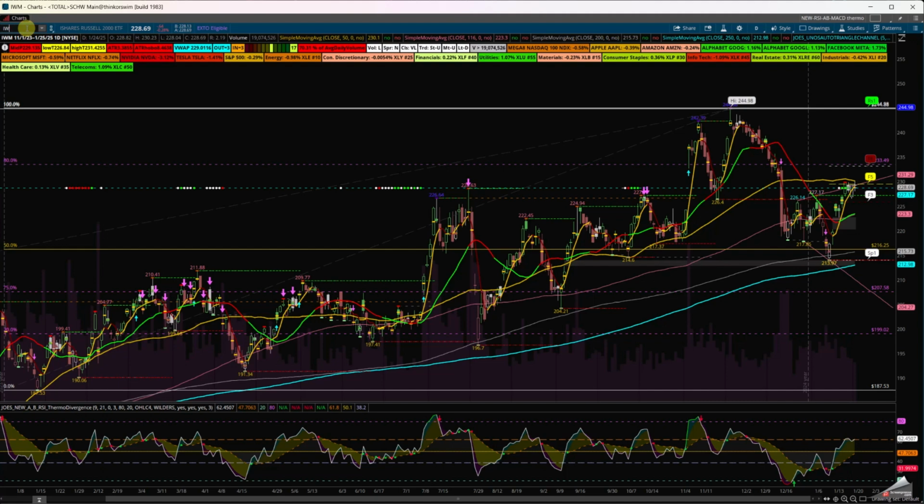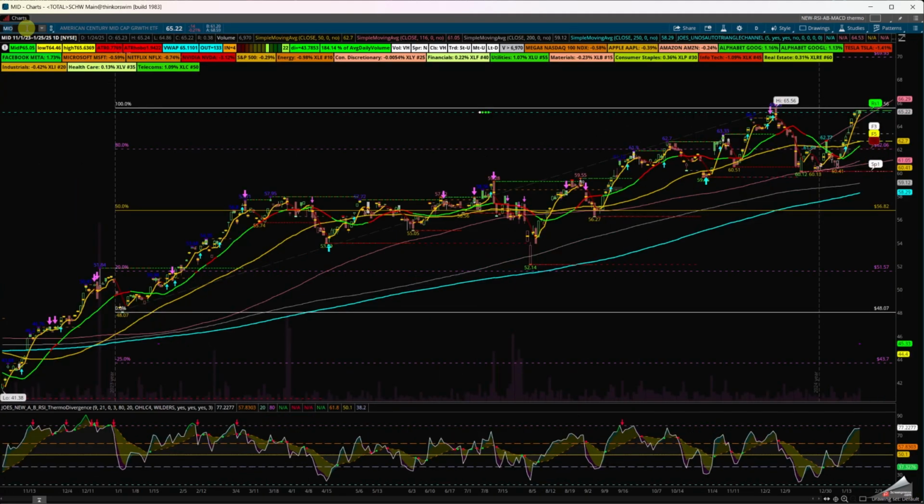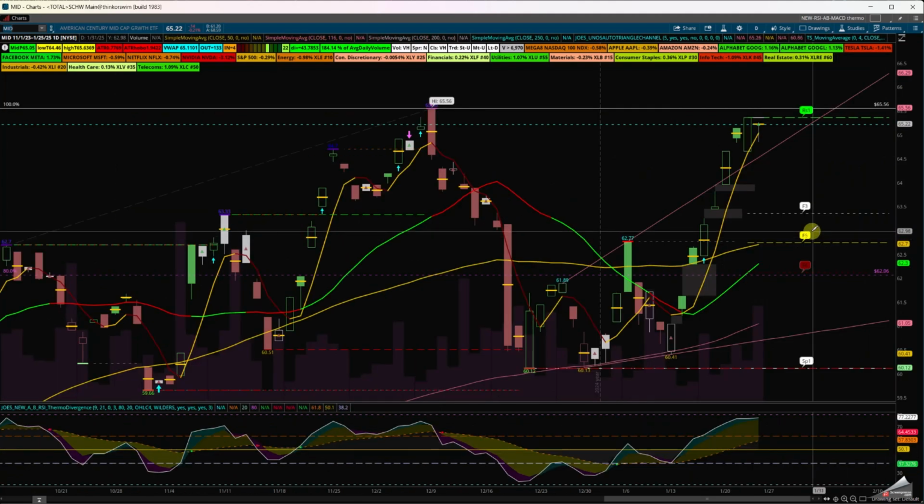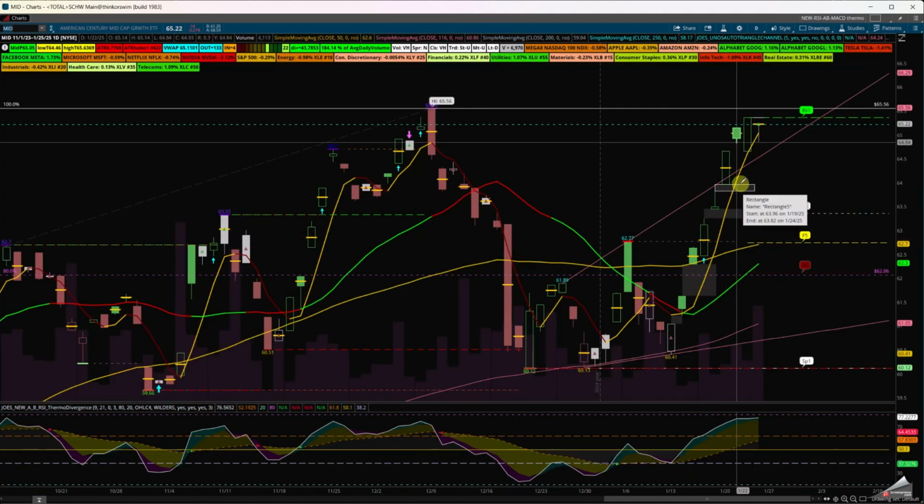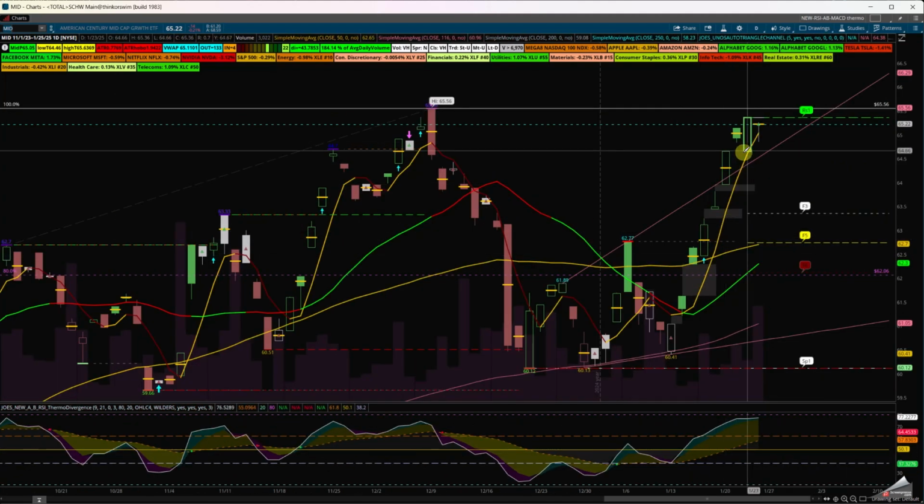In the small cap Russell 2000, IWN is the value. And if I look at MID, this is the mid cap growth. You can see it is at a peak similar to the S&P 500. So I'm looking for a small reset in mid, and I put these gaps here to show you where they are in relationship to this last move that we had in mid.